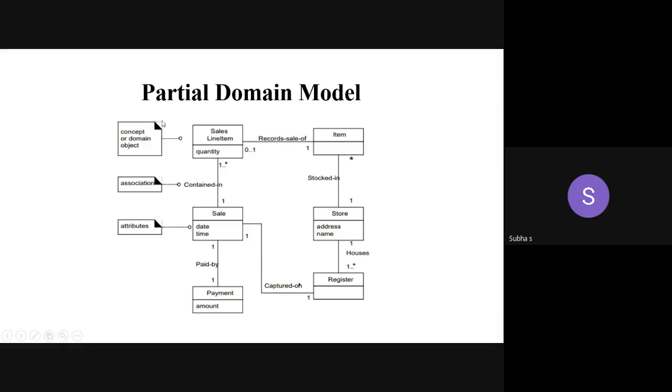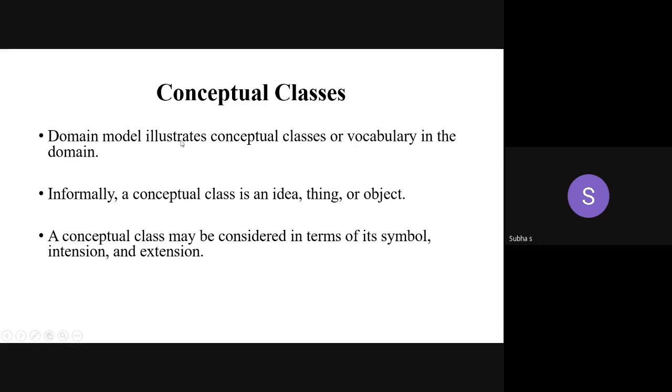This rectangle, it's not a rectangle. You have to flip that corner. That is why it is called a dog-eared rectangle. Okay, just like the ear of the dog, it will be turned a little bit. So that representation is for the note symbol. That note you have to mention using a dotted line.